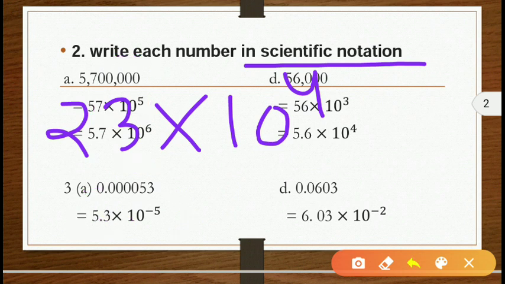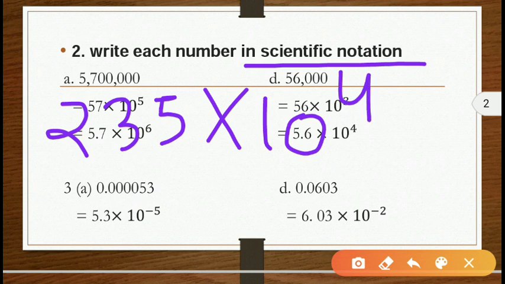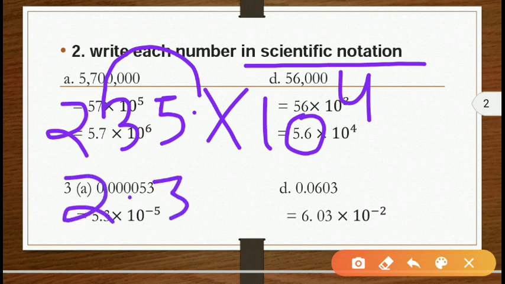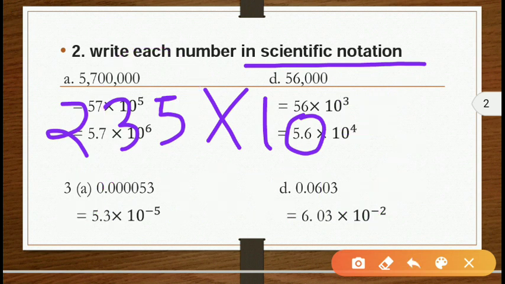And suppose your question was 235 into 10 to the power 4. Let's consider here is a decimal and you want to shift it to get 2.35. How many digits have you crossed? You have crossed 2 digits. So you will write 10 to the power 6. Clear? Remember one thing: if you are shifting your decimal from right hand side to left hand side, your power will be positive, and when you shift your decimal from the left hand side to right hand side, this will become minus.